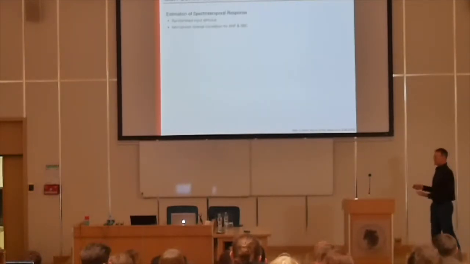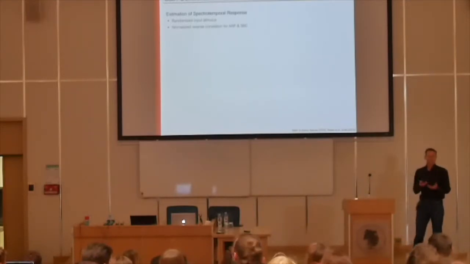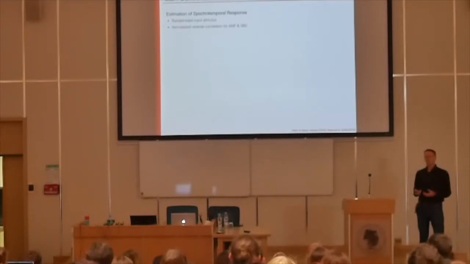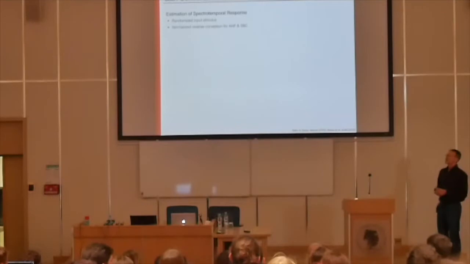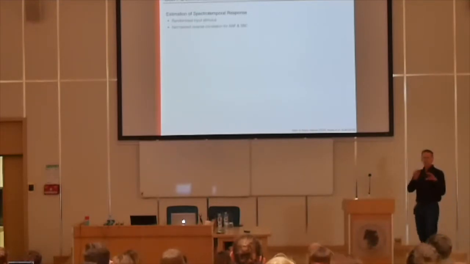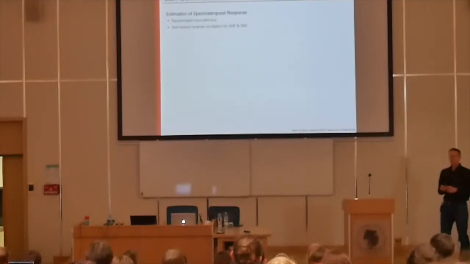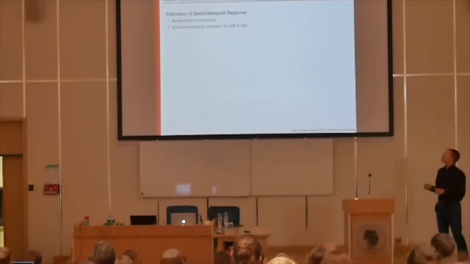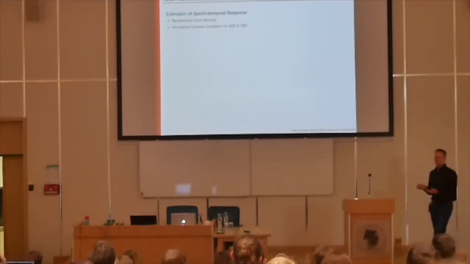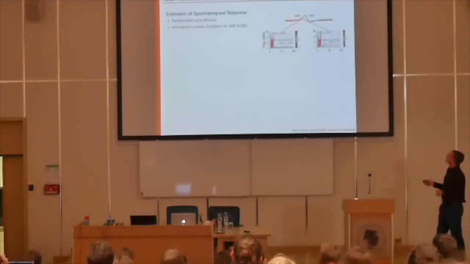So now, what we can do computationally in more detail is to ask not only what is the level and frequency dependence, but we can also ask what is the precise temporal dependence between the inhibitory input and the excitatory input. We do this by using a randomized input stimulus. That's essentially just a bunch of randomly placed tones, and then we use this technique called normalized reverse correlation to estimate the response properties of the neurons for both the presynaptic side, the auditory nerve fiber, and the postsynaptic side. These are bushy cells.